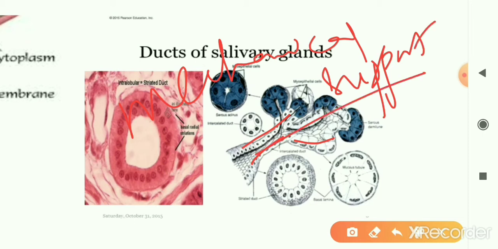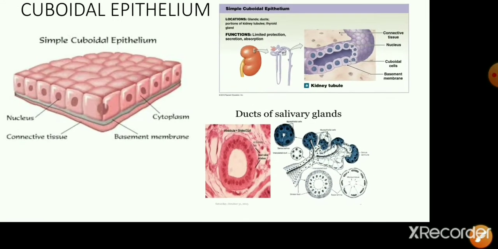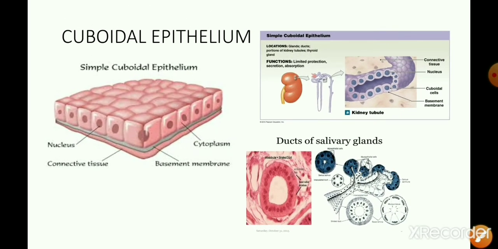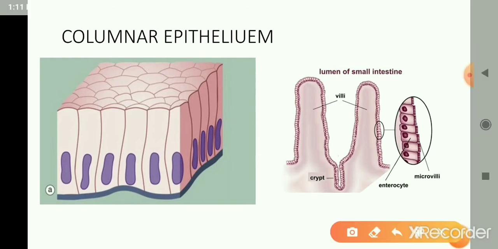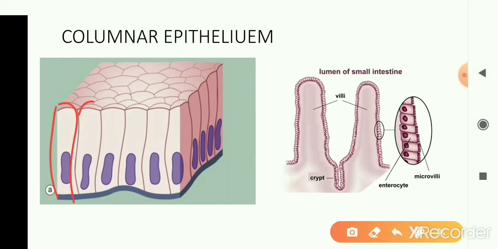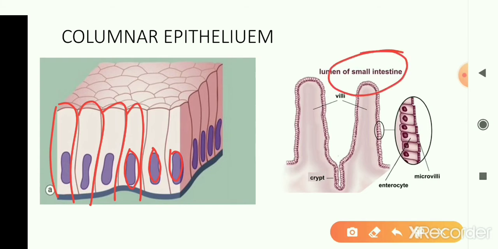So that's a main function. So this is the location of cuboidal epithelium, right? The next important type of epithelial tissue is the columnar epithelium. The columnar epithelial tissues are made up of long or tall pillar-like cells with an elongated nucleus present at the base, right? And these columnar epithelium, you find them lining the small intestine, the inner wall